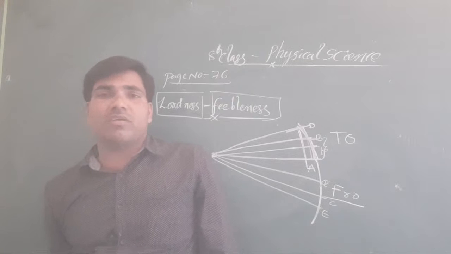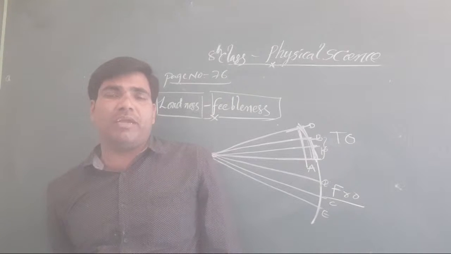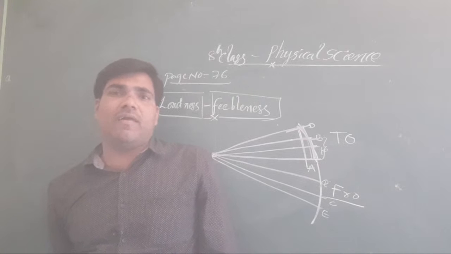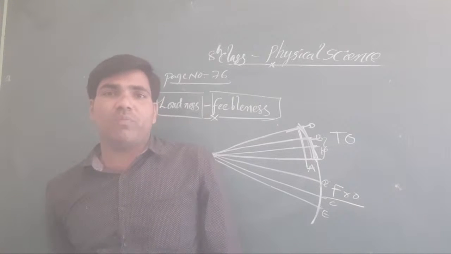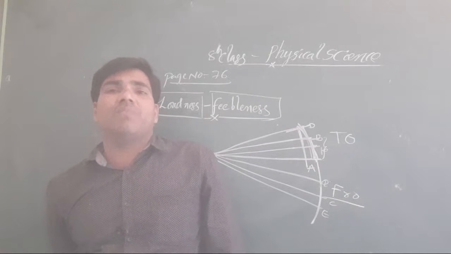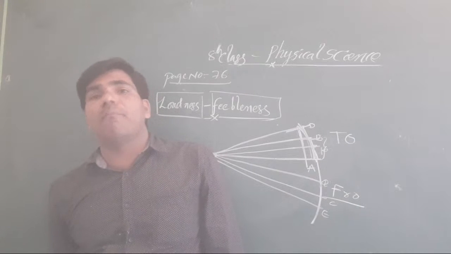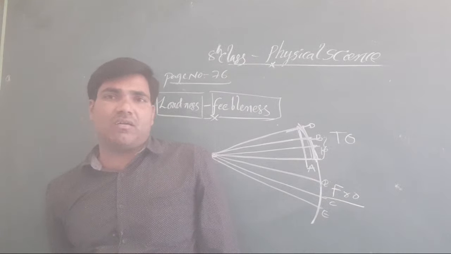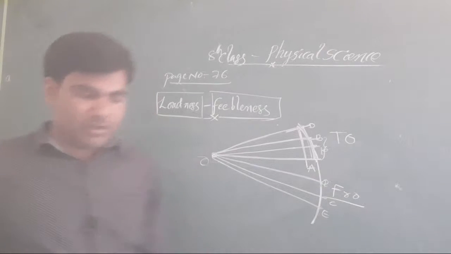The amplitude is nothing but the maximum displacement made by the vibrating particle. The maximum displacement made by the vibrating particle is what is called amplitude. Got it or not? This is about the concept. It is one of the main characteristics. Okay, clear or not, all of you?